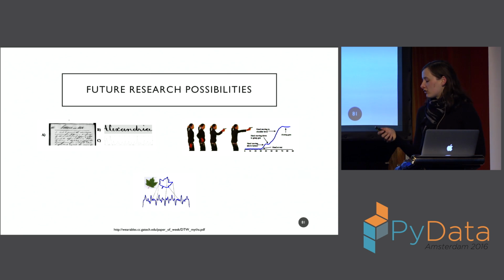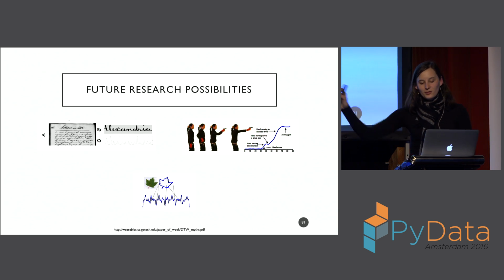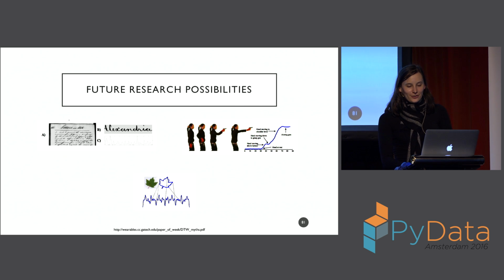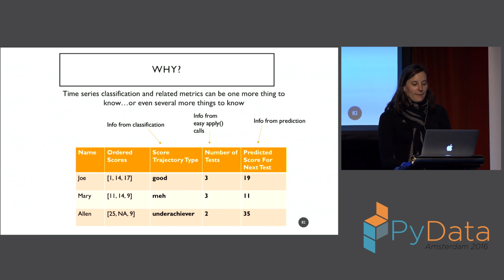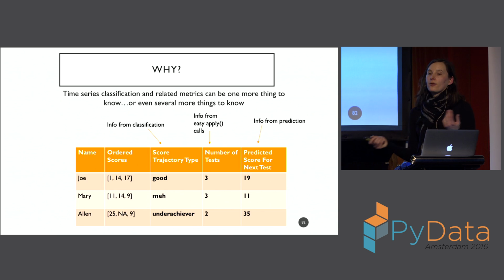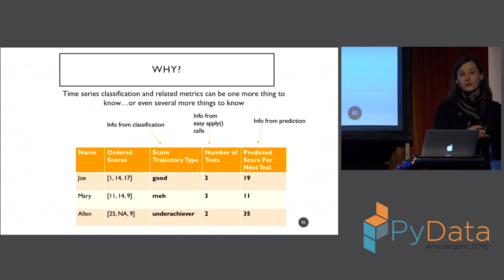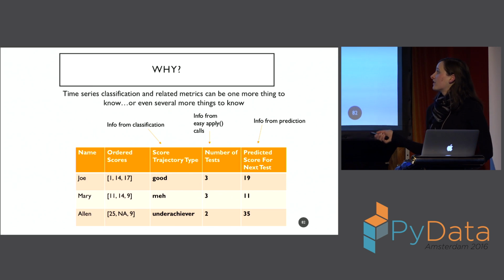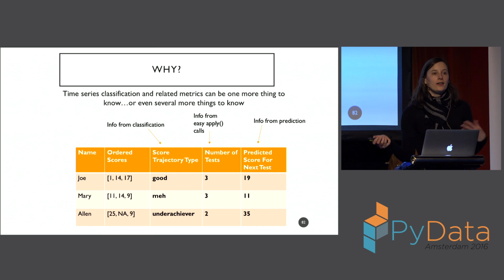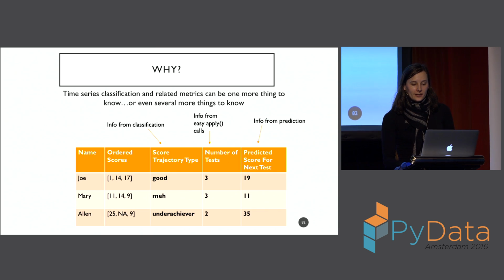Just some future research possibilities that have been proposed: text recognition, movie analysis, image recognition. I'm just throwing that out there. Not too related to NoSQL. But this is my final argument for what I'm calling NoSQL Python, right? Once we start putting these arrays in and realizing that a time series is a characteristic, not just a time series, this opens all sorts of novel ways to think about data and novel questions to ask.